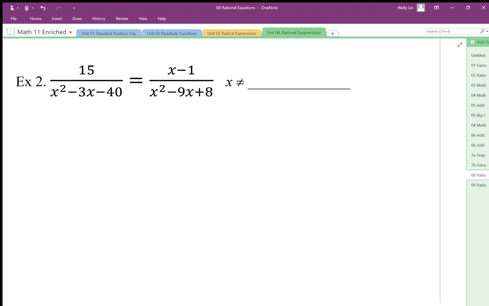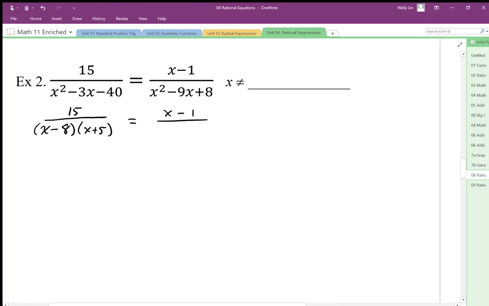To solve these rational equations, our first step again was to factor. We want to know what the factors of this expression look like, so we know the multiplying pieces. Okay, so here the two numbers that multiply to negative 40 have a difference of 3. That's going to be x minus 8, x plus 5. That's going to be equal to x minus 1 over two numbers that multiply to 8 and add to negative 9 are going to be negative 8,